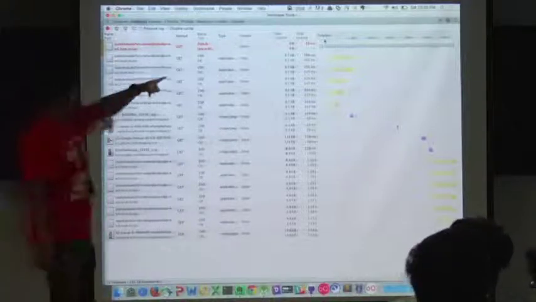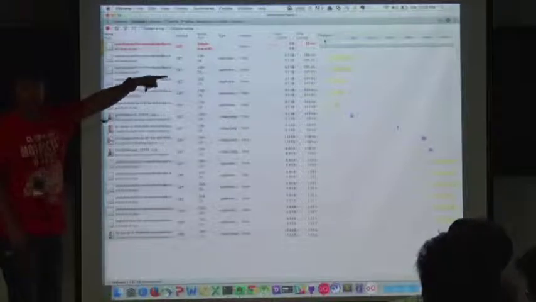You are able to utilize the same thing which you were doing in web. You are able to see the timelines, how much time each request is taking. You can see that, okay, one request is taking 2 seconds. Now, if you have an SLA with your API provider saying that you want it in 1 second, you can use this data to show that.